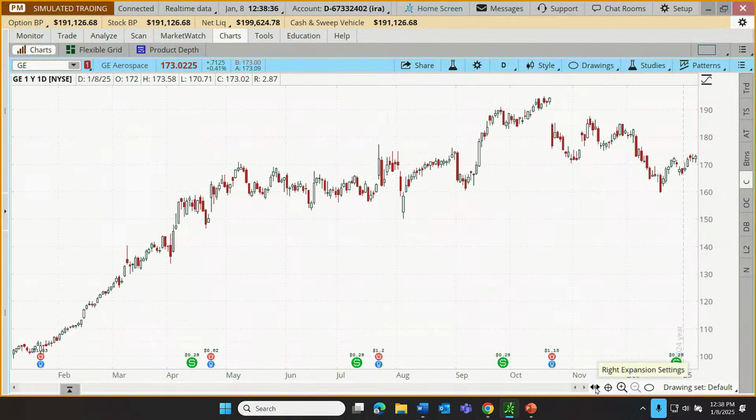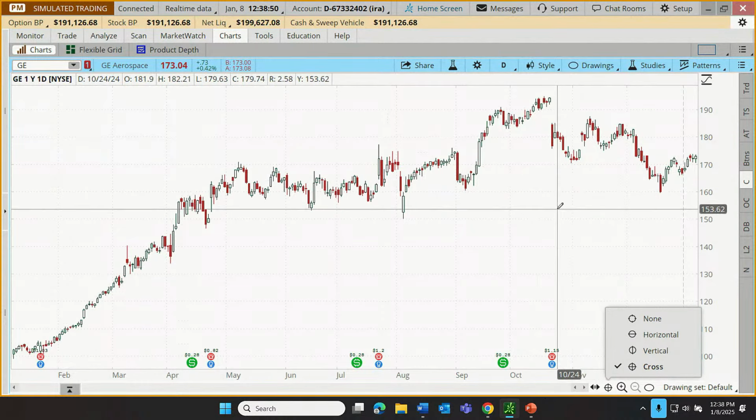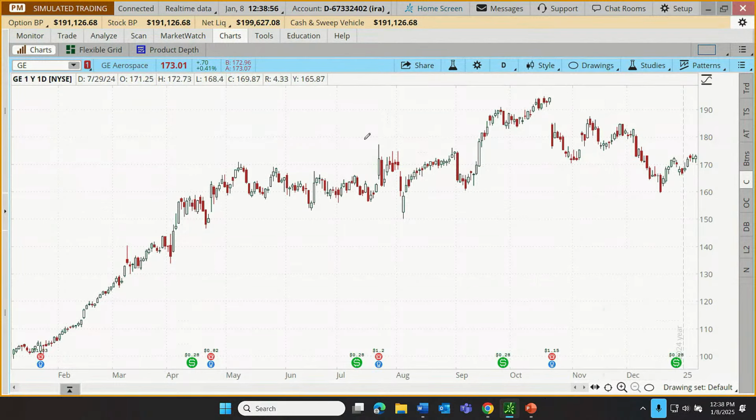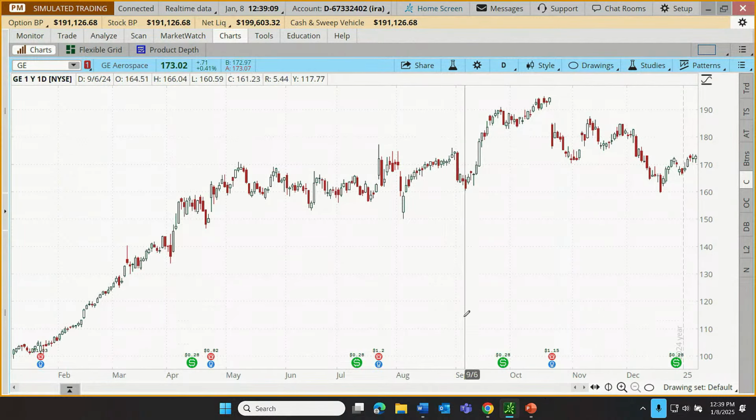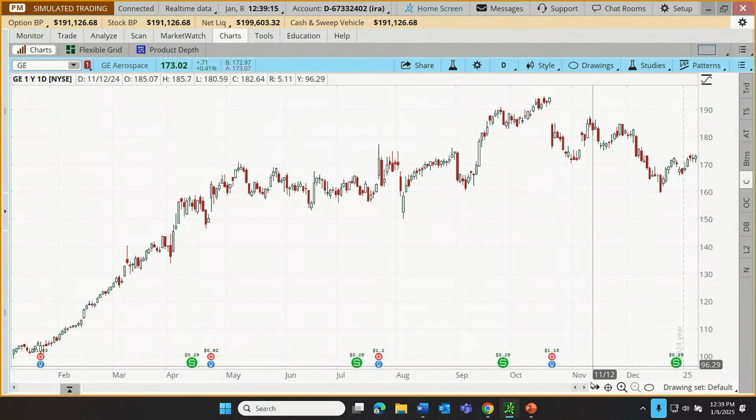Now, these two icons just to the left of the zoom features, we have our cursor type. Now, my preference when I'm demonstrating things is I use the crosshairs. So you'll see that's checked. If others have another preference, maybe they don't need the horizontal line, they don't need the vertical line, maybe they don't need lines at all, you can just choose none, and then your cursor isn't being pestered by these lines, or we could choose one or the other. There's our horizontal line. That's our price line. Here's our vertical line, which would just help us know which date is being displayed. But I like to see the intersection of price and time.